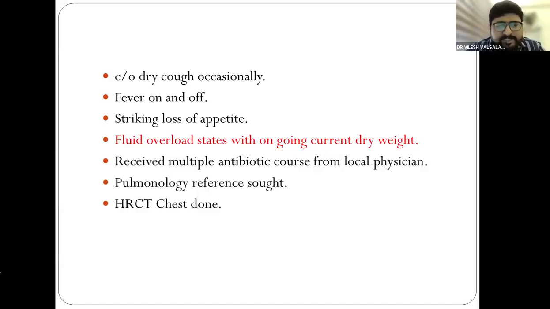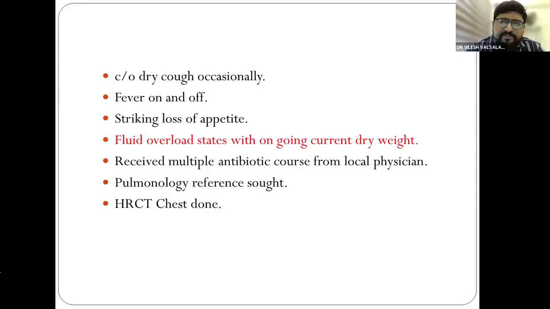Now the patient had received multiple antibiotic courses from the local physician. Every time, 5 days of fever, 5 days of antibiotics, the patient feels better. She doesn't come for follow-up, 2 weeks go by, then 2 more weeks, and the antibiotic course is just repeated. Sometimes it is levofloxacin, sometimes azithromycin, sometimes cefixime. So this was going on. Because the dry cough was persistent for almost 1.5 months and the patient did not have a good appetite,